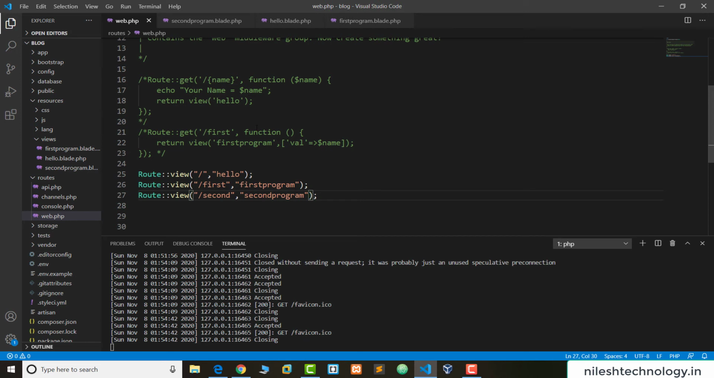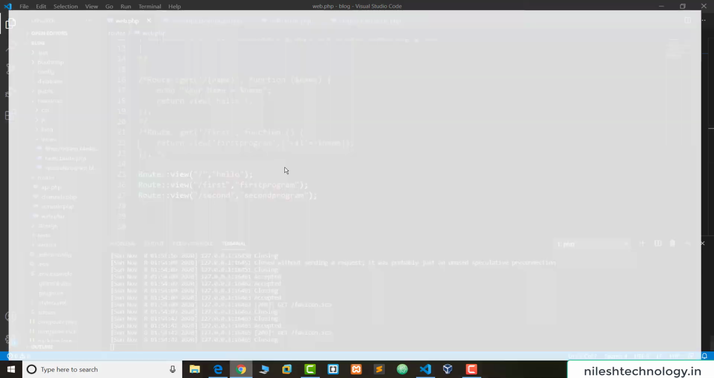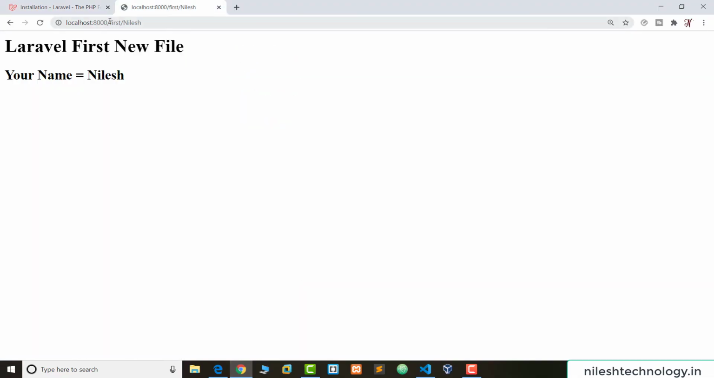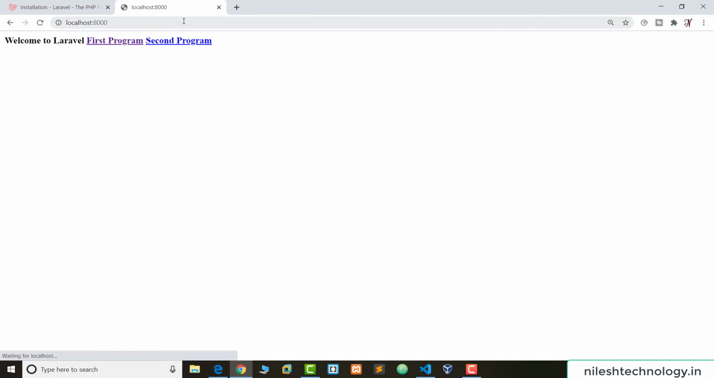Save these changes. Okay, and we just run the first route directory, this one hello. See here, run this on 8000: welcome to Laravel, first program, second program. So when we click the first program, see here,